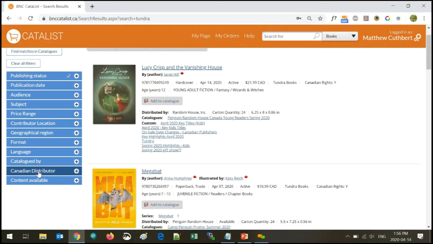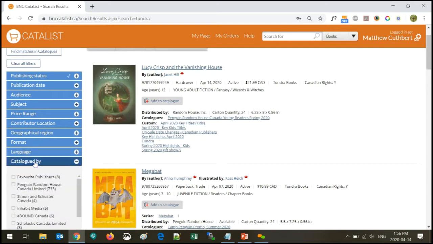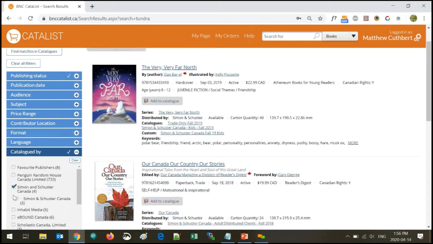They want to see titles all at one distributor. They can use that distributor option. But the catalog by is which company is actually posting it on CataList. So that tends to be more in like the sales representation or publisher house. So for example, if you're at Simon & Schuster, you can just look at the Simon & Schuster titles